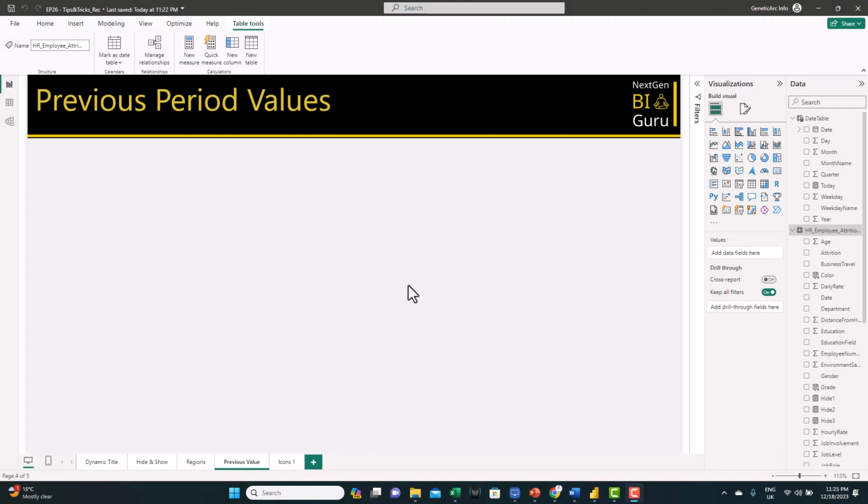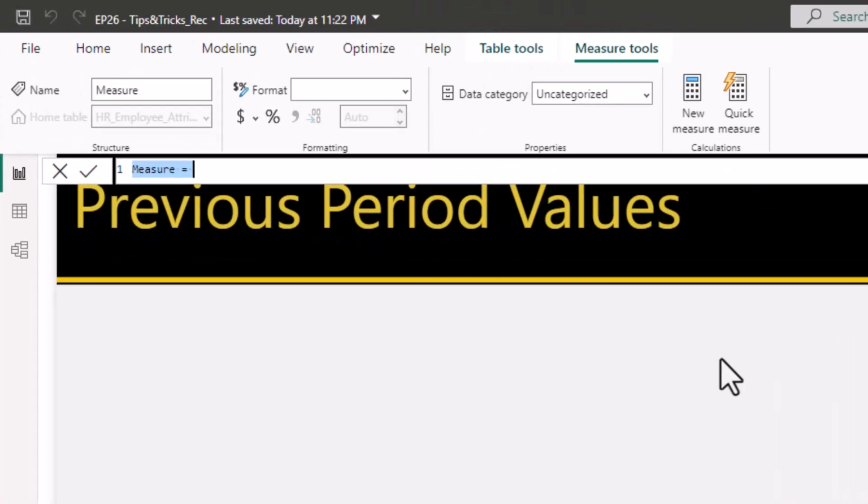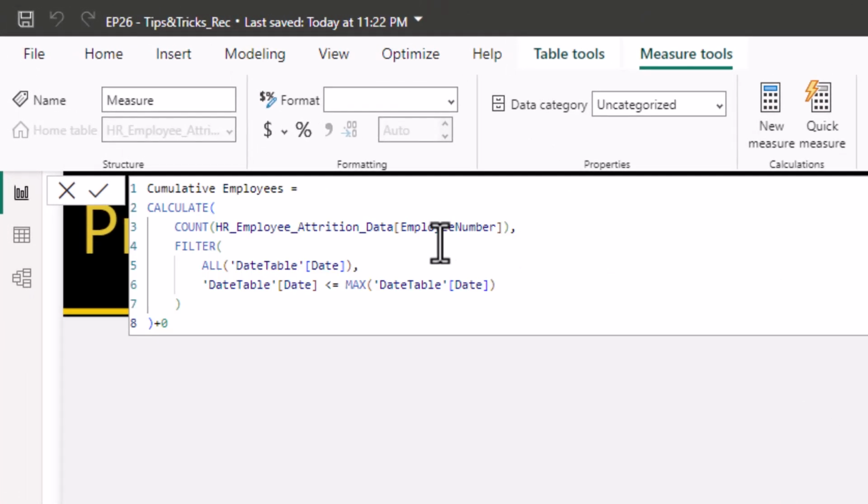So let's start by creating measures for the current total employees for the current year, and it needs to be cumulative. That shows the total employees at that year. Let's right click here, new measure. So I have the measure ready. So the idea of this measure, it will show us the cumulative employees number based on the date. So if you're looking, for example, at 2023, you should see all the hired employees over the years till 2023.